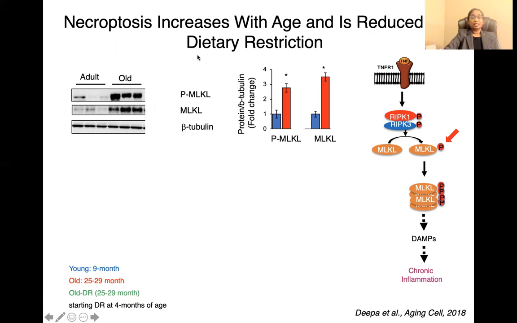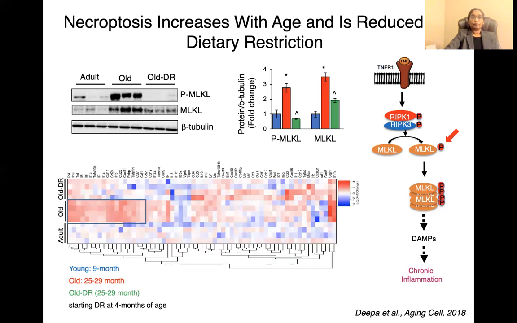Then we tested the effect of dietary restriction, which is one of the strongest interventions that can increase lifespan in many species, including mice. This dietary restriction was started at 4 months of age, and the mice we used are around 25 to 29 months of age. And to our surprise, we found that dietary restriction significantly reduced the increased levels of phospho-MLKL and also MLKL in the old